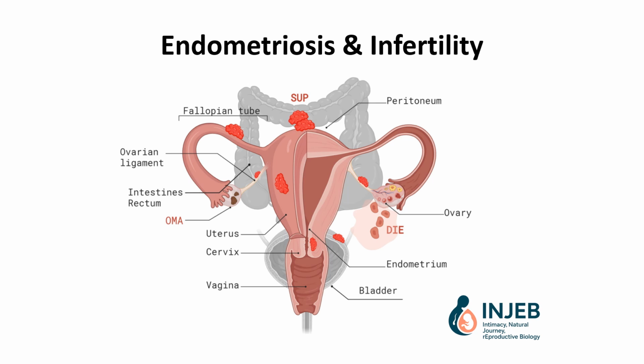When endometriosis grows within the walls of the uterus, it is called adenomyosis. Endometriosis can also happen within the cervix. It can happen in the fallopian tubes, leading to the tubal damage. It can also grow within the uterine and ovarian ligaments and on the ovary, leading to endometriomas or endometriosic cysts.